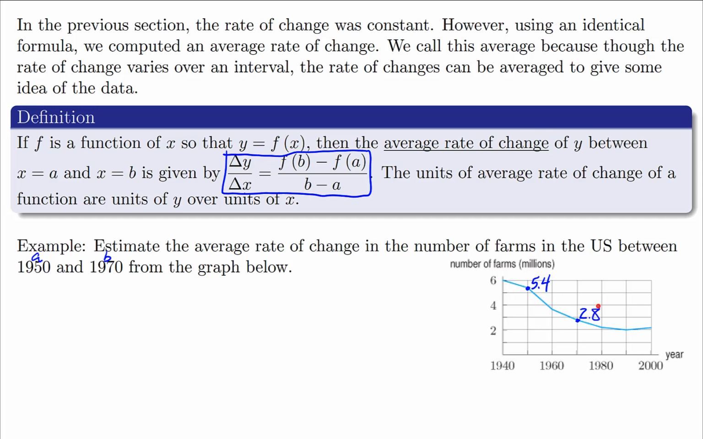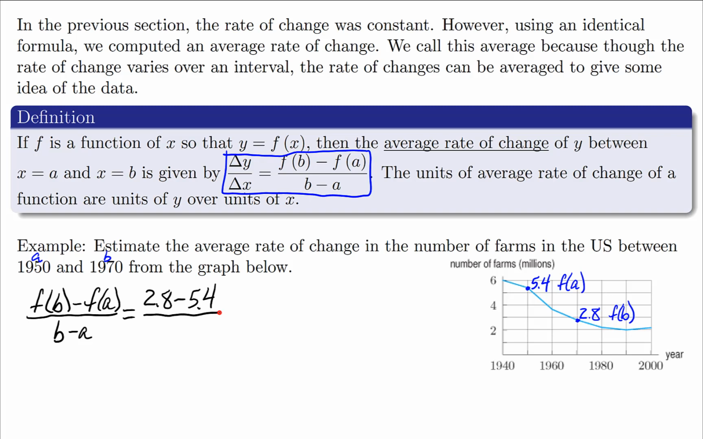Remember, a is 1950, so this is f of a, and b was 1970, so this is f of b. The function value is nothing more than the y-coordinate associated with that x-coordinate, so we pull it from the point on the graph. Now let's use the formula. f of b minus f of a over b minus a. f of b is 2.8. f of a is 5.4. b was 1970, I'll just put 70. And a was 1950, and I'll just put 50. Doesn't really matter because we're going to get the same thing when we subtract. When we do this, we get negative